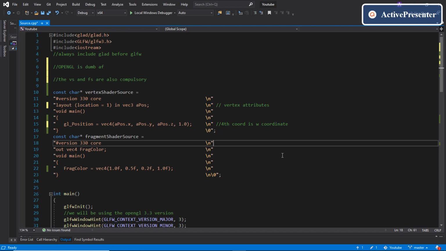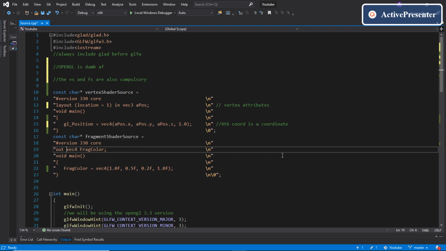Again, the first line of any shader is the version, similar to the vertex shader. Now, to create a simple fragment shader, we don't want to take anything inside the fragment shader, but just want to give the output of the colored pixels. Fragment shaders unfortunately do not have a predefined variable like gl_Position, so we'll use a fragment color variable to give the output of the fragment shader.